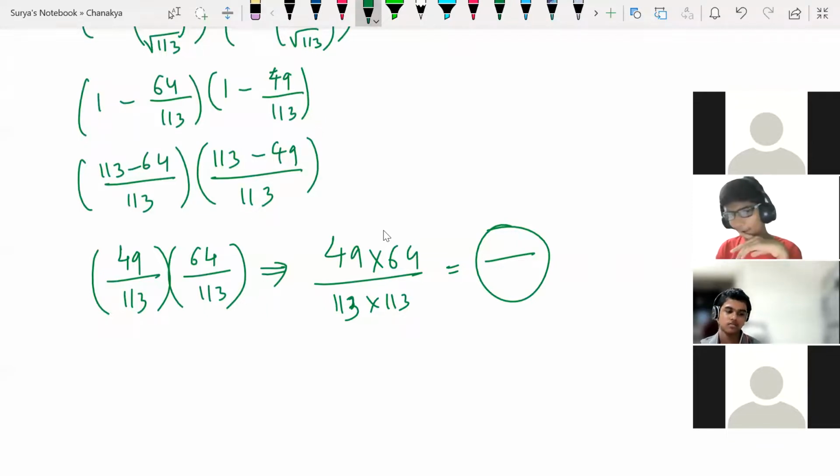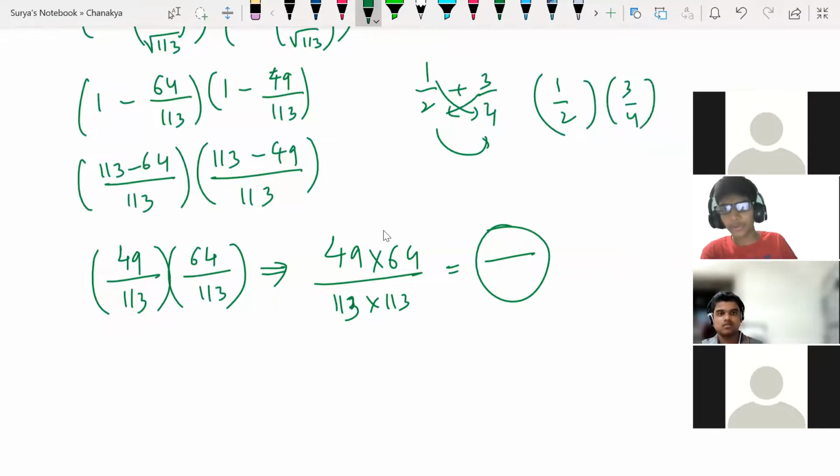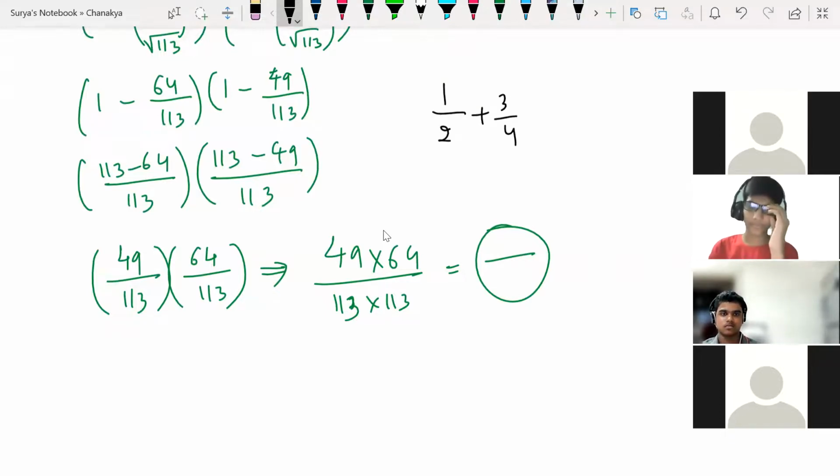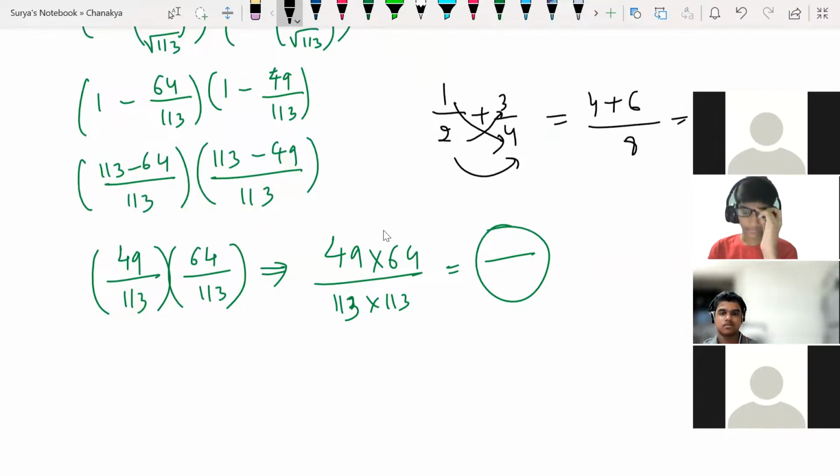Cross multiplication is possible only for addition and subtraction. All right, look at this here. If I have 1 by 2 plus 3 by 4, then only I can do cross multiplication. Very simple, man. Listen to me, don't talk in between. So if it is like this, what is the LCM then? Cross multiplication: 1 into 4, 4. 2 into 3, 6. 4 plus 6, 10. 2 into 4, 8. So 10 by 8, which means 5 by 4 is the answer. Clear? That's how we can do.